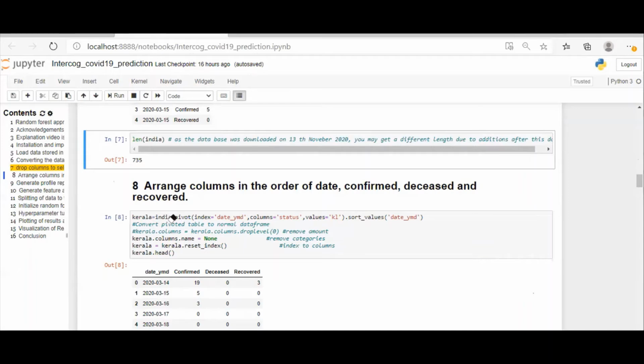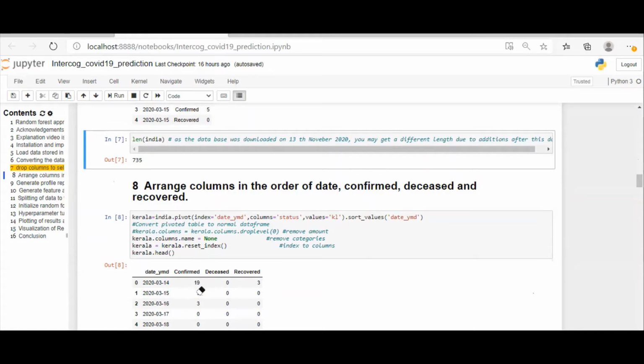I'm going to pivot the table with index date YMD, because it is easy to sort. Then the columns are based on status. We have 3 statuses: confirmed, deceased, and recovered. And I am taking the values for Kerala.